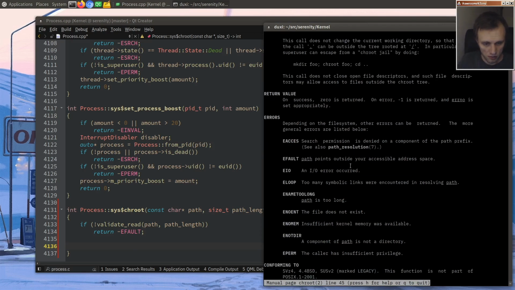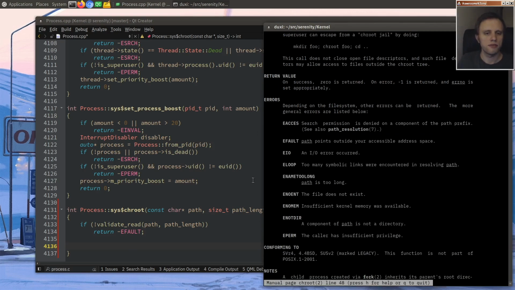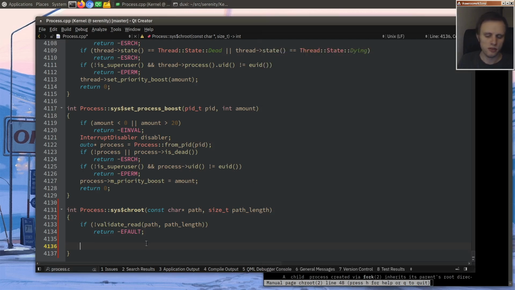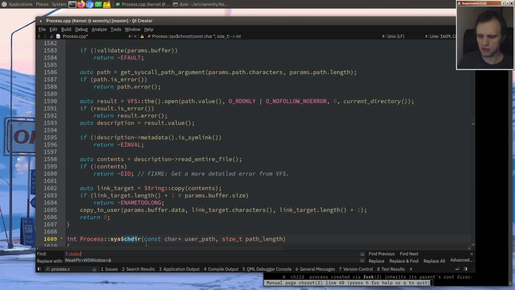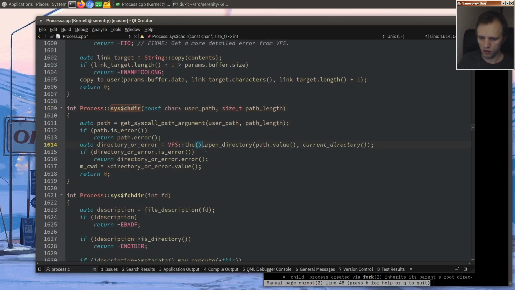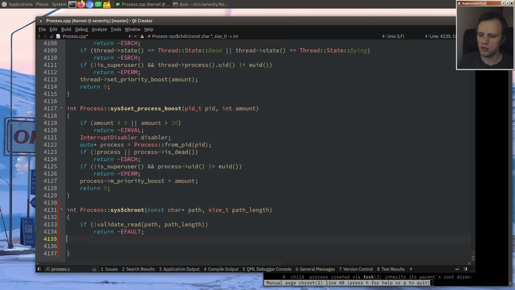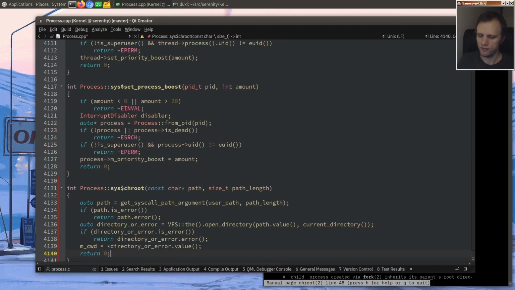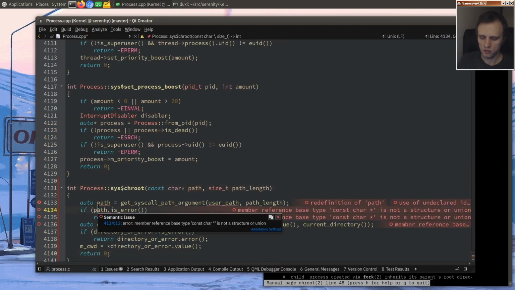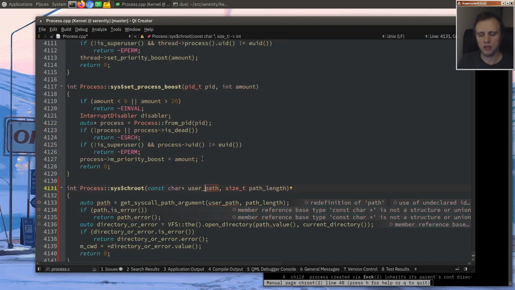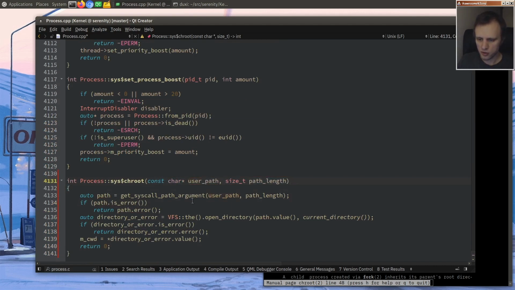So what kind of errors do we need here? I guess basic path lookup stuff. We want to be able to open it. It has to be a directory that we can open, right? So it's very similar to chdir in a way. So we can do a lot of the same stuff as chdir does. I'll call it user path. User as in user space. Okay, so we open this directory, and if it's all good,